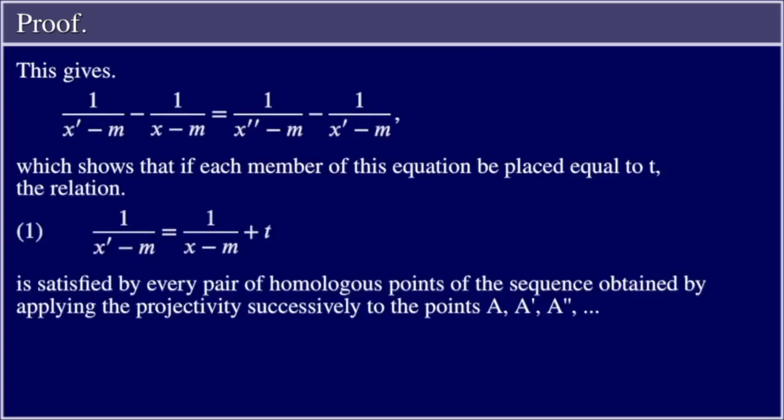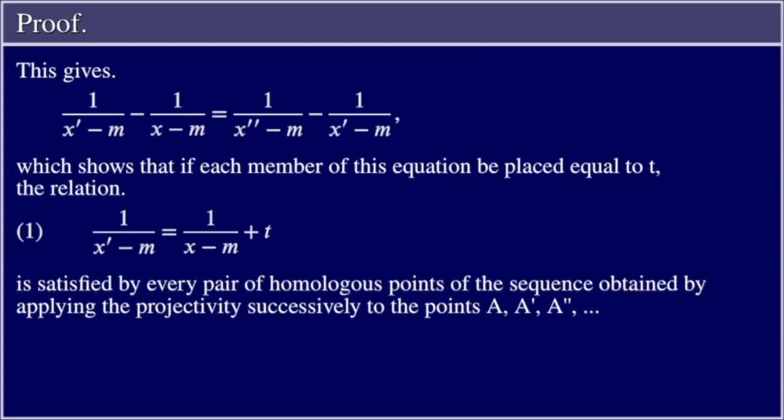This gives 1 divided by the quantity x' minus m minus 1 divided by the quantity x minus m equals 1 divided by the quantity x'' minus m minus 1 divided by the quantity x' minus m, which shows that if each member of this equation be placed equal to t,